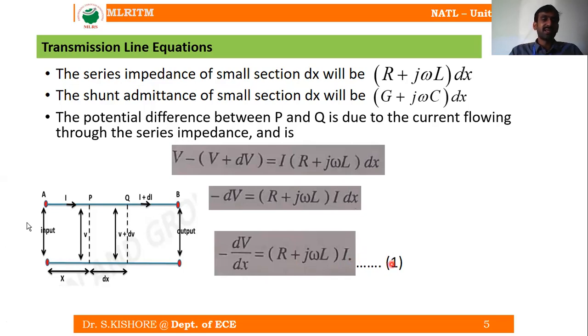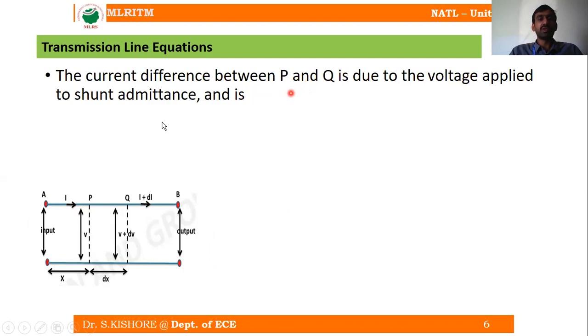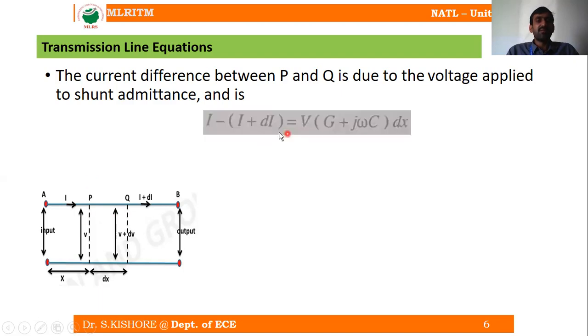Now similarly, let us take the current difference. At P and Q, we have taken the voltage difference as V minus (V plus dV). Similarly, the current difference can be written as I minus (I plus dI). This current difference between P and Q is due to the voltage applied across the shunt impedance. What is the shunt admittance here? G plus j omega C into dx. So the current difference can be written as I minus (I plus dI), which is equal to